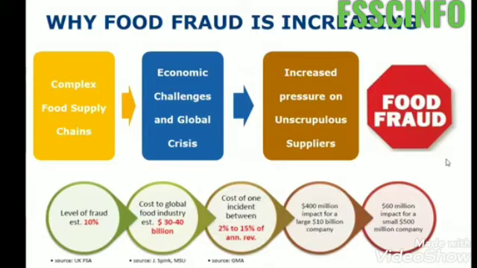The third is increased pressure on unsurplus supplies, because due to this COVID situation, this global crisis, and other supply chain complexity issues, small and medium suppliers are more affected than large and corporate suppliers. Those suppliers have a certain capacity, like a supplier who can produce 100,000 cartons, but now there is pressure, and my retailer or wholesaler is giving me an order of 200,000 cartons. So what will he do? Some gray production, gray market production.